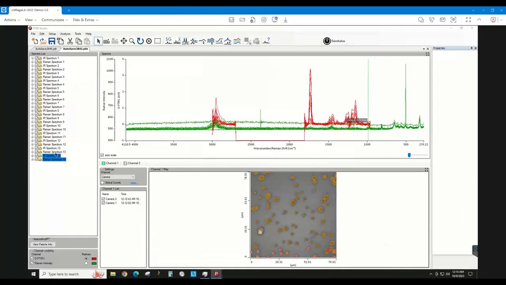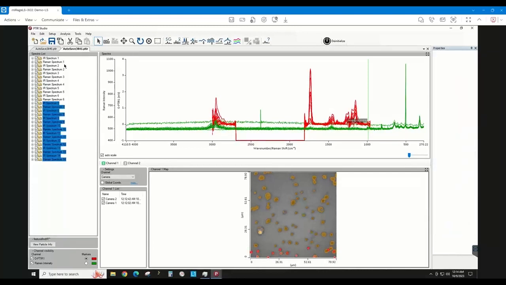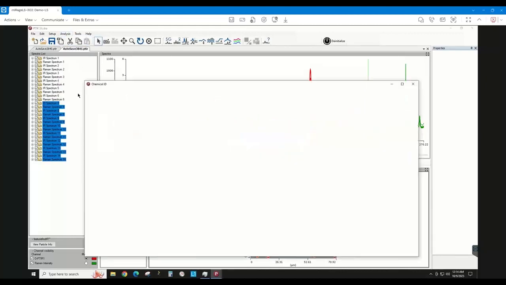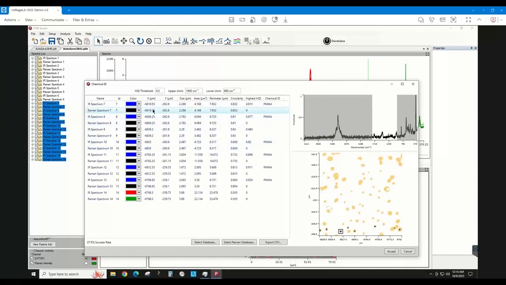Just to give you an idea of the second phase of this, once we've got our points measured, let's highlight the spectra that we want. So let's just search these ones. If I go into analysis and chemical ID, I'll just set that to 1800. We've also got Raman spectra in there, which we don't have in the library, but you can see on the right-hand side